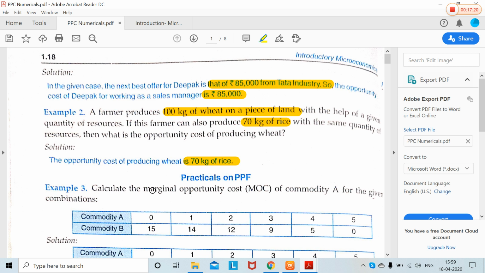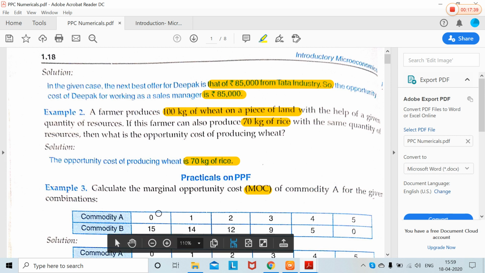Okay. Next questions are on PPC or PPF. Calculate MOC. To recall the definition, MOC is the number of units lost of one good to produce 1 unit of the other good. Now, if we see the question, it is given horizontally. Till now we have been doing it vertically, so don't get confused. The economy is producing two goods, commodity A and commodity B. Commodity A is increasing by 1 unit,